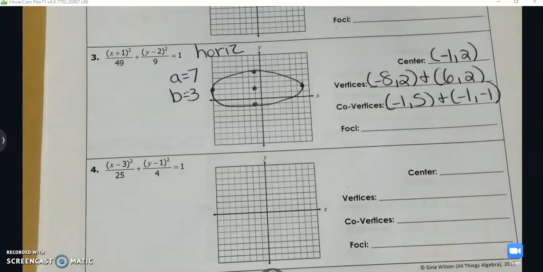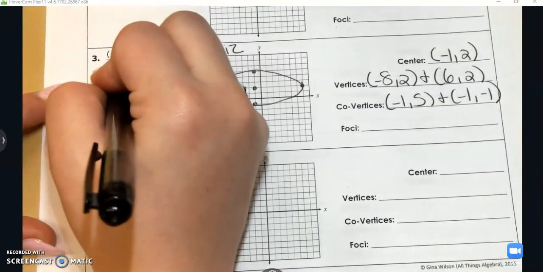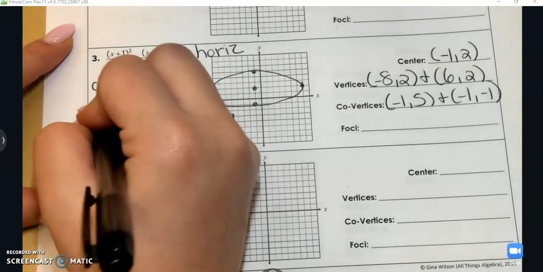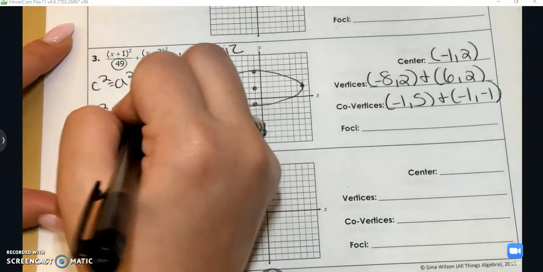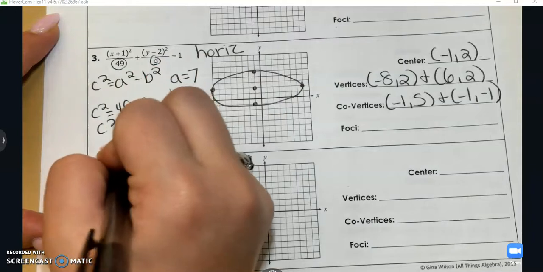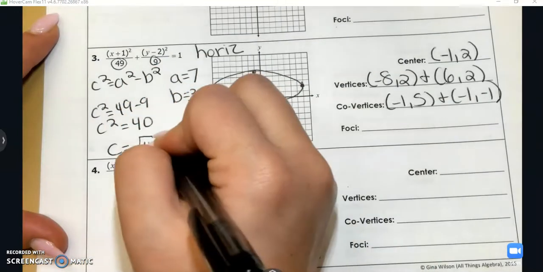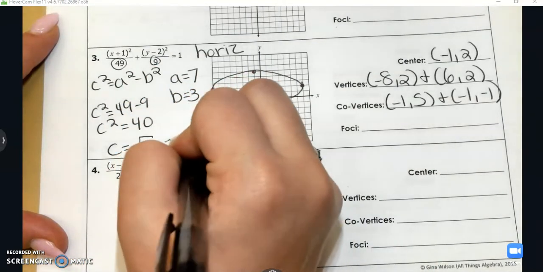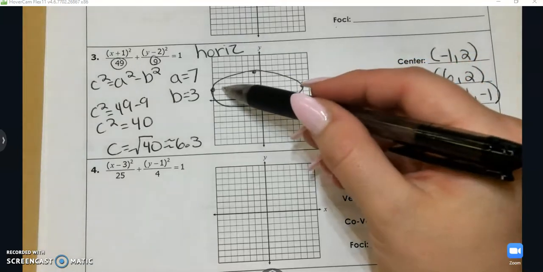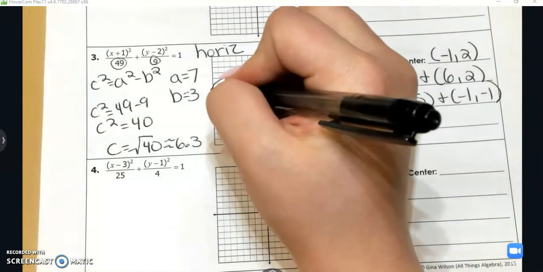Now we need to find the foci. So remember, c squared is equal to a squared minus b squared. Here's a squared, here's b squared. So 49 minus 9 is 40, which means that c is the square root of 40, which is about 6.3. So my foci are going to be 6.3 to the left and to the right